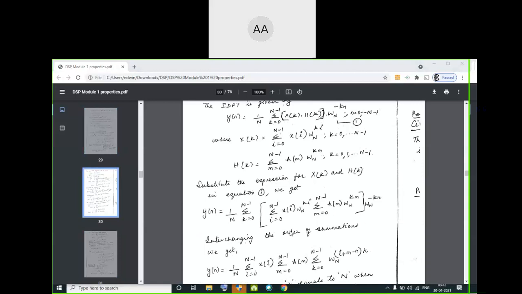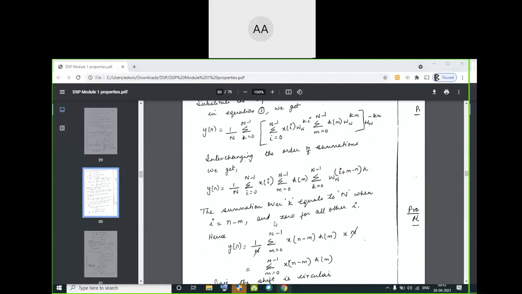Whoever was asking me, I think Jayant, right? You can just have a look at how it changes if you do not change the summation, or if you accordingly change the summation here, what happens? Can you obtain 0 to n minus 1? It will be difficult for you. You can do it, but it's a little difficult to obtain that. That's the reason we try to keep a single summation for the x term and h term, so that it is simplified in one or two steps. Just try it out that way also, like we did earlier. This is one adjustment which we are doing here. One second.